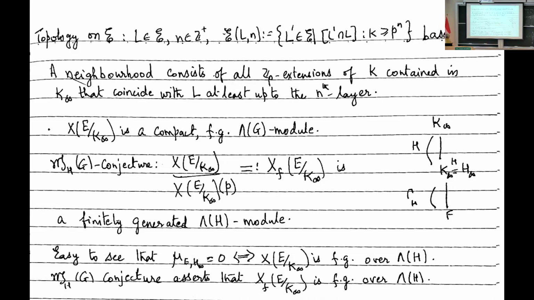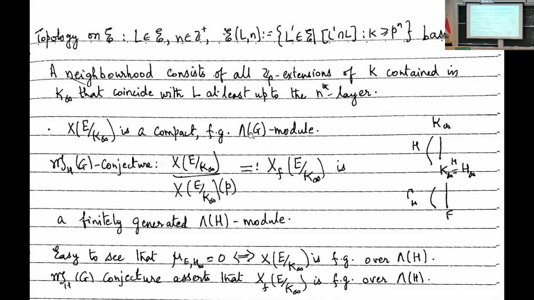Now here is a conjecture that Coates and I made a long time ago. So you have this dual Selmer group over this big extension. Now we know in many cases that it is a torsion module over the corresponding Iwasawa algebra. We always know that it's compact, finitely generated. That's not a problem at all. That's just Nakayama's lemma. Fancy version of Nakayama's lemma will tell us that it's finitely generated over Lambda(G).